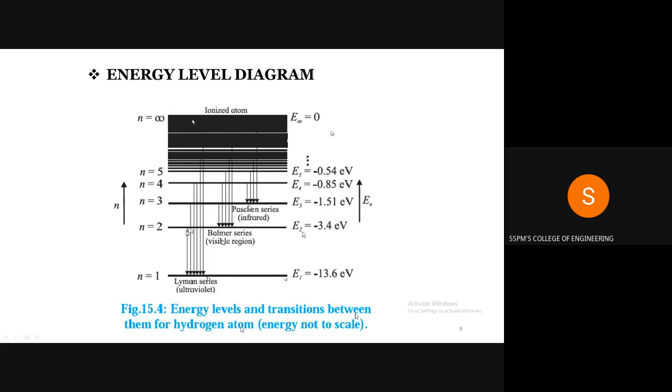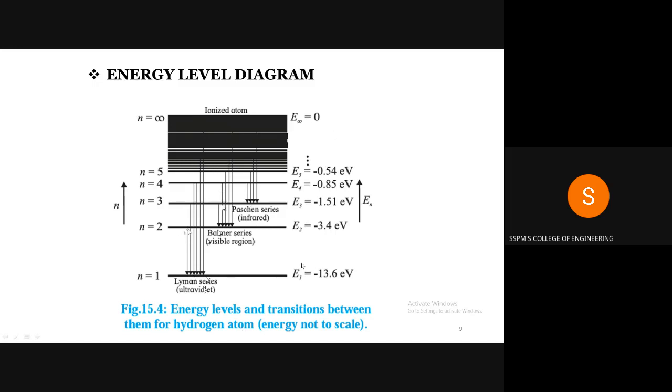Lyman series, Balmer series, Paschen series, Brackett and Pfund series, where the transition takes place from higher stationary orbits into lower stationary orbits, respectively E1, E2, E3, E4 and so on. It means the transition from higher energy orbits onto this E1 energy state creates the Lyman series. In the transition of an atom from n equals 3, n equals 4, n equals 5, etc.,